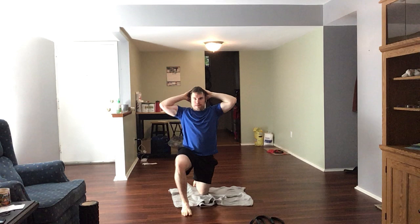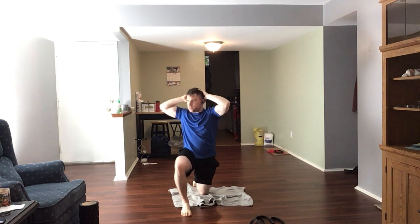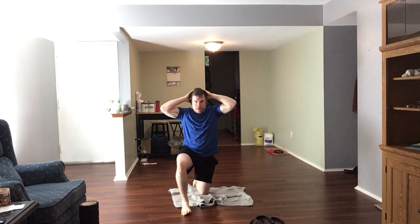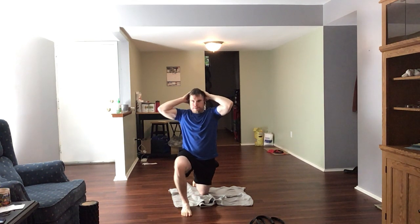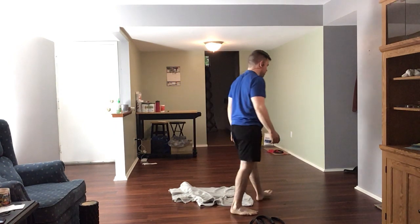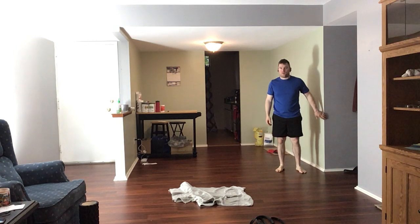All right, lean it in, rotate. 1 and 2 and 3 and 4 and 5 and 6. All right, next will be the leg lower. So you can certainly do this on a wall, preferably if you have a wall, that would